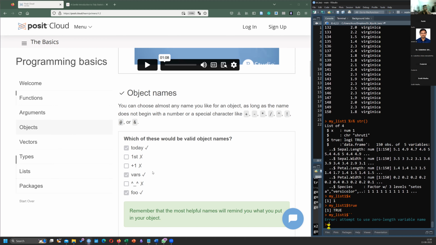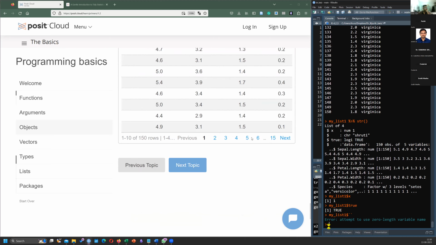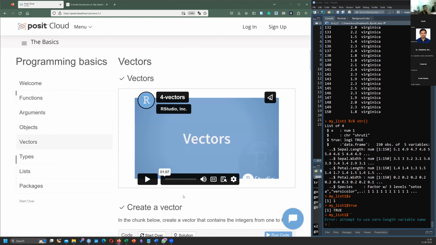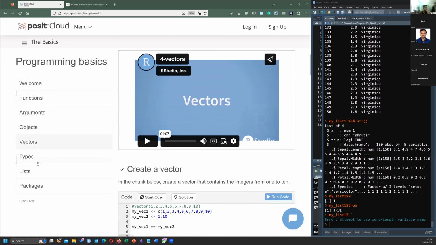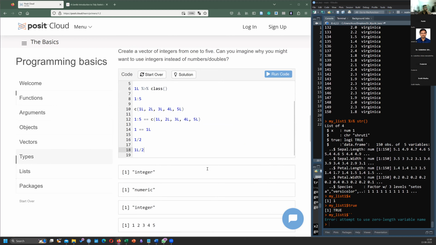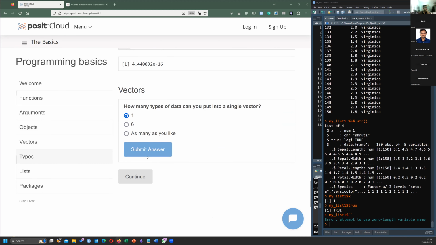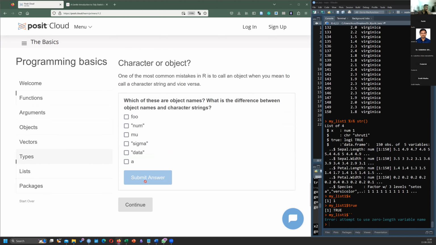Okay, let us continue our this part. Next topic. We are in types. Yeah, this one is clear. 14 point is clear. Okay, so one. Submit answer. Correct. Now, character or an object. Which of the following are object names?